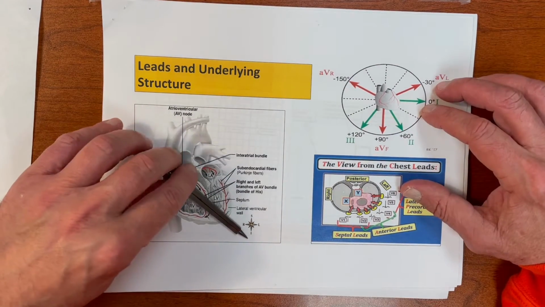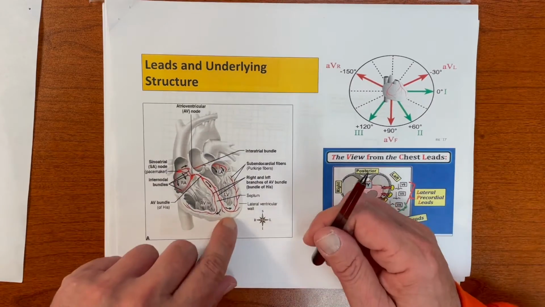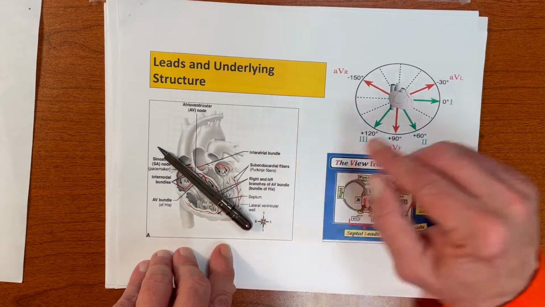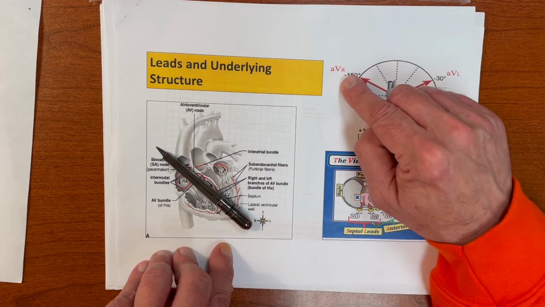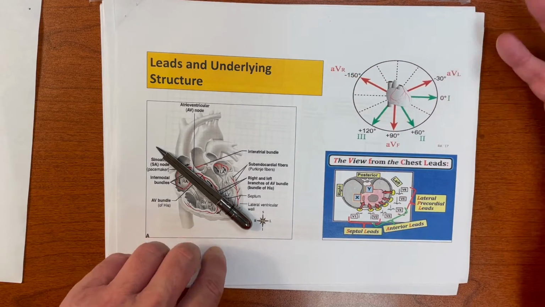On the other hand, you can imagine if we had VTAC, and it started in the ventricle and went the other way, from here to here, aVR would be positive. So this is how we're going to use this